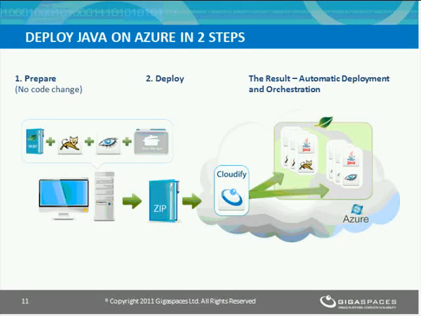The first step is the preparation. The preparation itself includes the actual binaries, packaging of the binaries themselves, which is the WAR file, the actual servers that we want to deploy. The binaries itself can be either on our local machines or could be already pre-located on the cloud itself. In our case, for example, the Tomcat and the Cassandra binaries would be pre-located within the Azure environment to save